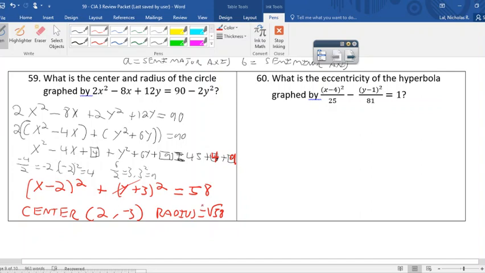Alright, let's keep moving. What is the eccentricity of the hyperbola graphed by (x minus 4) squared over 25 minus (y minus 1) squared over 81? Okay? So with hyperbolas, let's first talk about eccentricity. These are two things we need to write down. Eccentricity is equal to c over a, and the Pythagorean relation for hyperbola